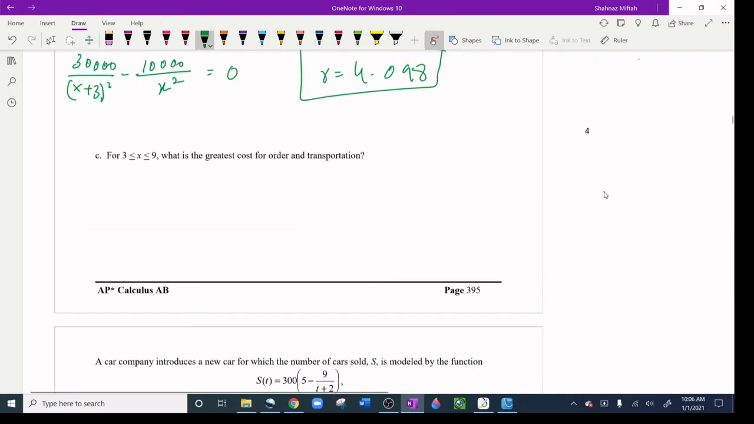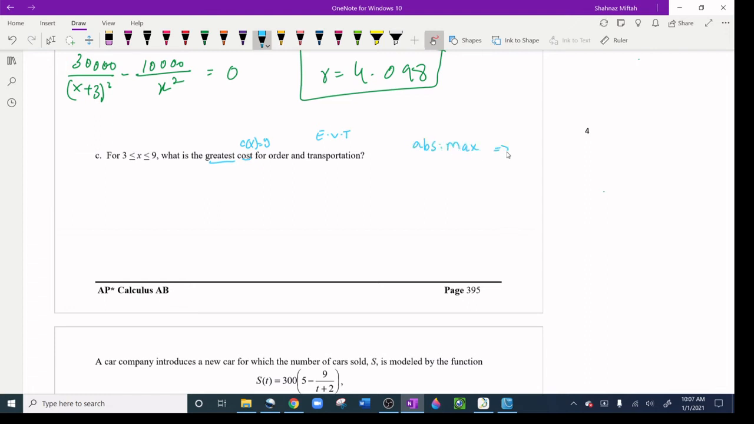This part C, if you pay attention, says for 3 and 9, again with 3 and 9 included, like closed intervals. What is the greatest cost? Cost means C(x), and C(x) is a y value, right? So greatest means greatest y value for order and transportation. What theorem do you have there where it says greatest y value? It's the Extreme Value Theorem,